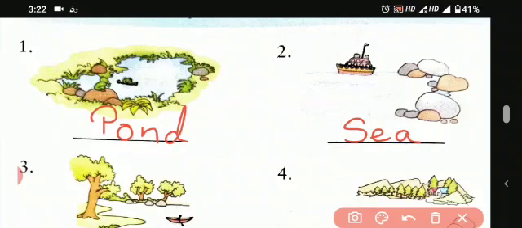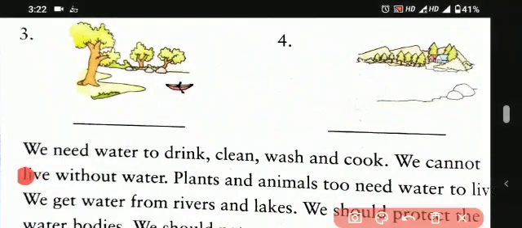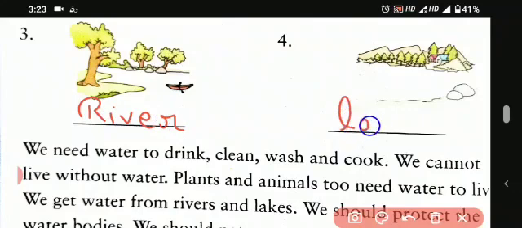Okay students, please note it down in your books also. The third picture is of a river. And the fourth picture is of a lake. Okay students, these are the pictures, and please fill them in your book.